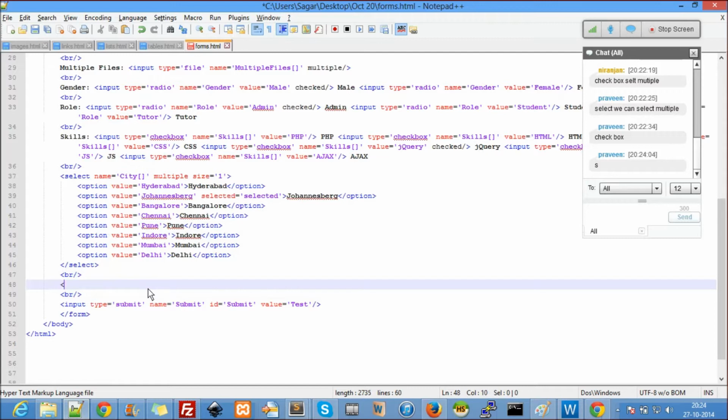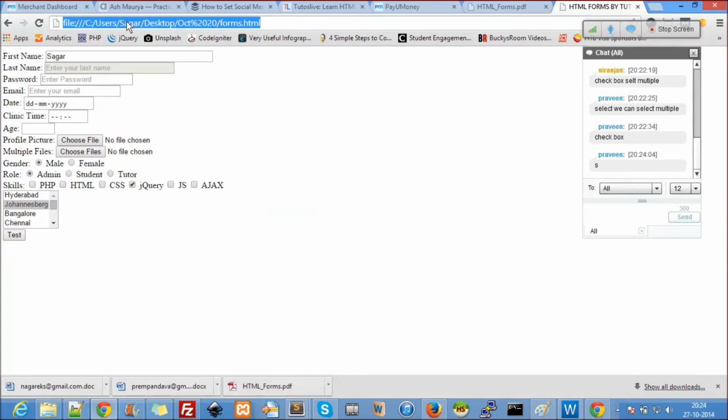That's very important too. The next is textarea. Textarea, you again have name. Let's say comment. So all the comment boxes use this. Placeholder, this will have a placeholder. Enter your comment. Okay, let's see. Refresh. Alright, this is it.